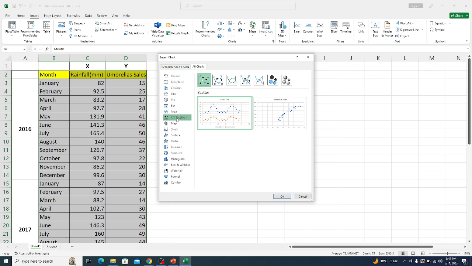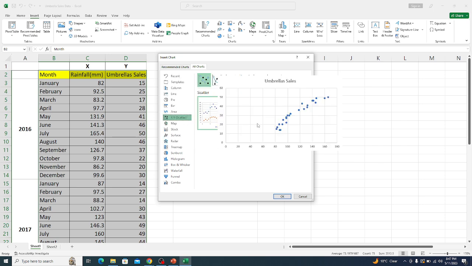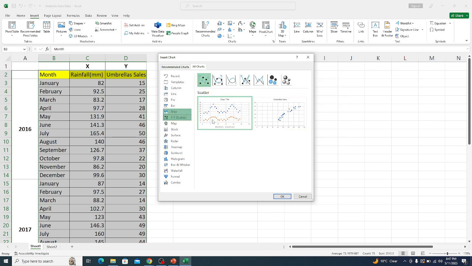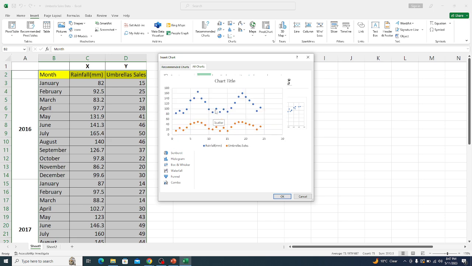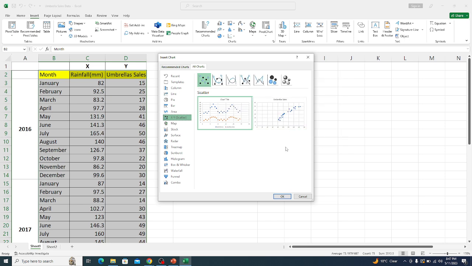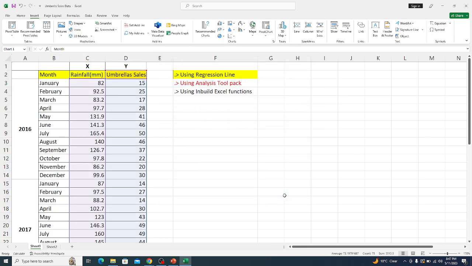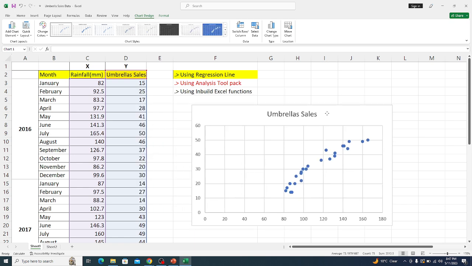In that case, I won't go with the first scatter plot because the first scatter plot is showing me the trend. But now I want to plot the umbrella sales against the rainfall. So the second scatter plot will satisfy that